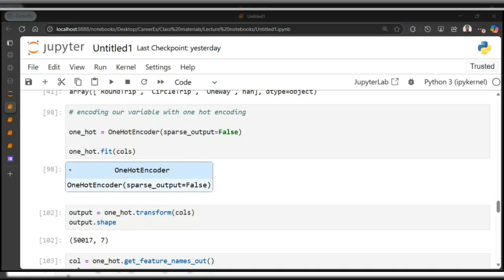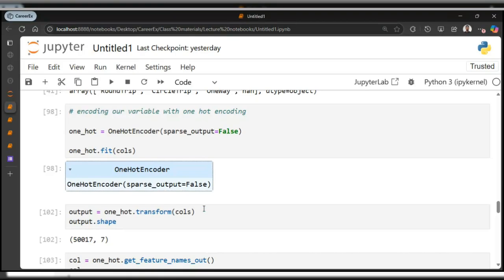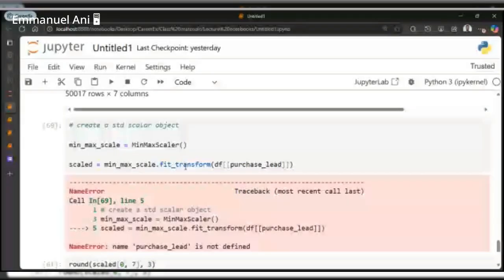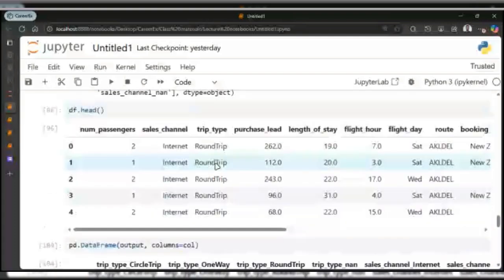So as I said, the label encoder is used to encode your labels. Okay, so that is it for that. Let's move on. We also did, which one again did we even do? We did normalization, right?